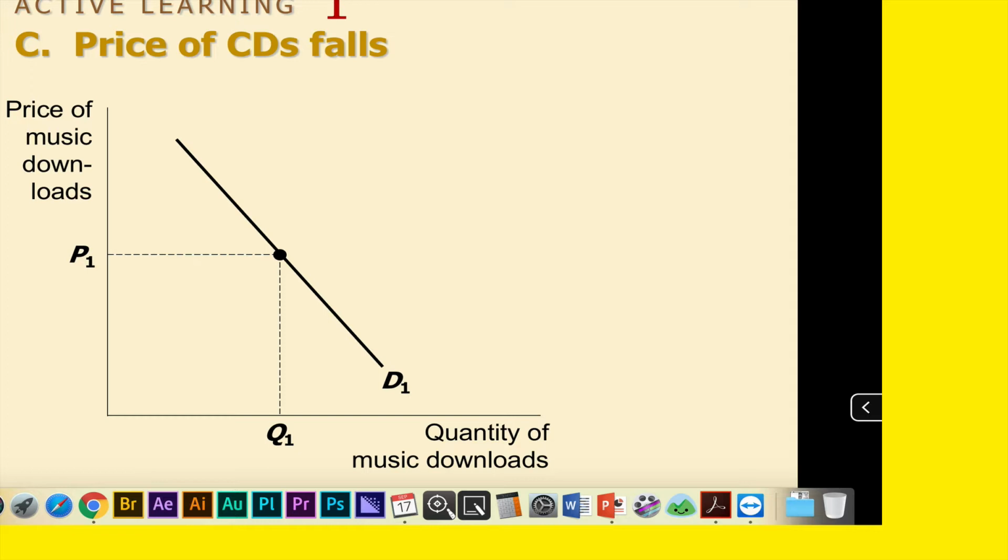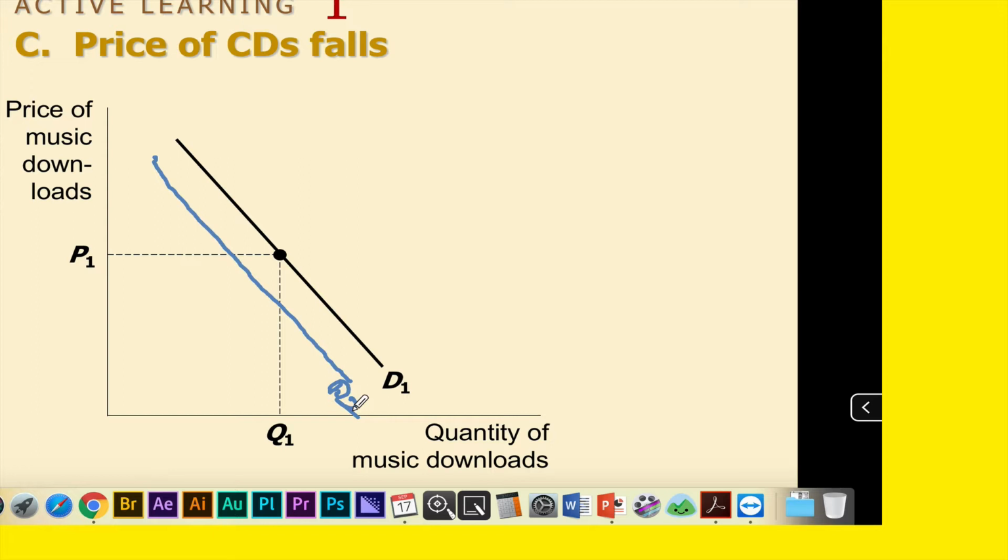Buy more or less than the other? Use actual nouns. Buy more of what? CDs and less downloads. Okay? So graph that. So that would mean this one. Now, can you say the statement for us? You don't have to write it out. Turn around, face them, tell us the statement.